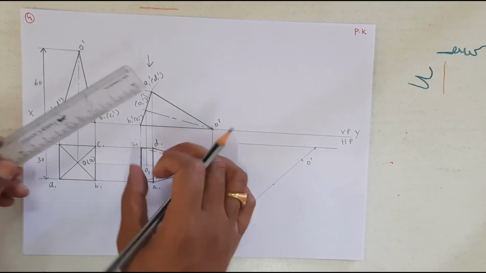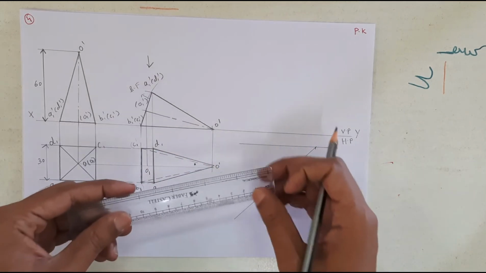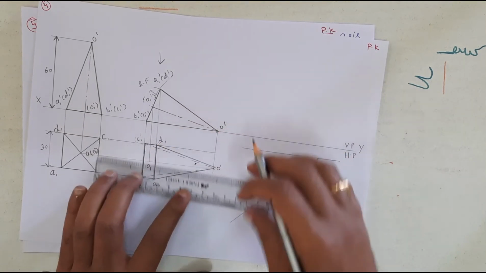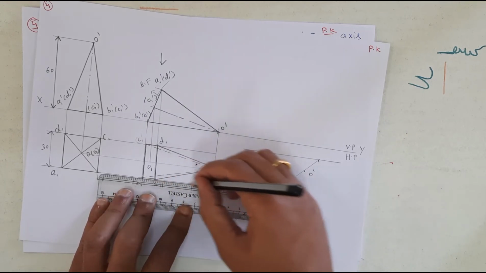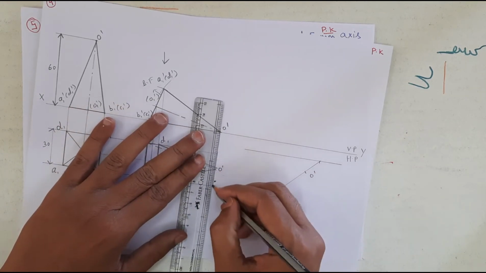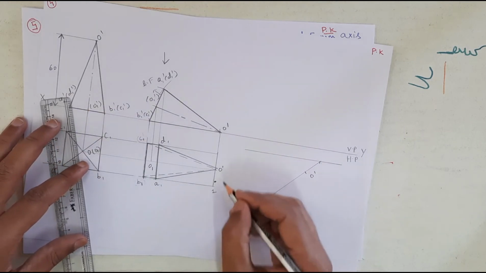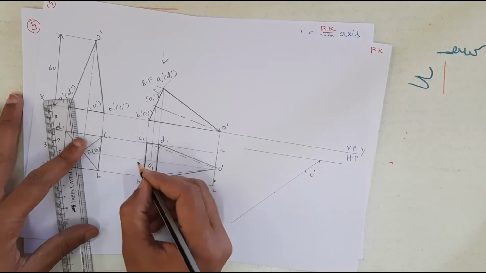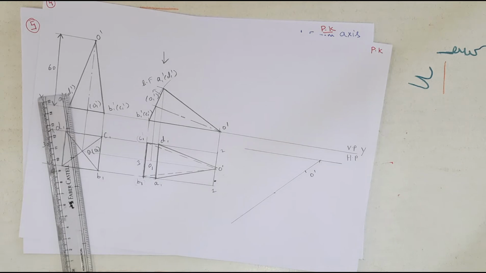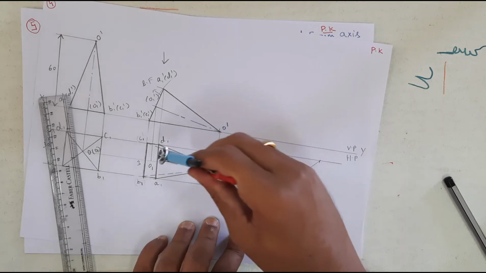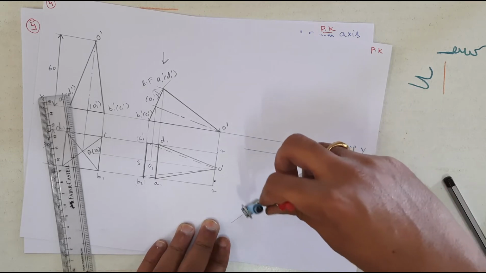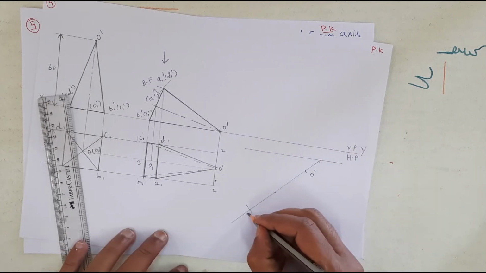So I need to shift this object over here. So I am going to enclose this in a box. I'm going to give this one as 1 and 2, so there's a reference. Okay, and also I need another reference. This one I'm going to take as 3. So with the help of compass, take the measurement from 1 to 3. 1 to 3. So cut the arc.